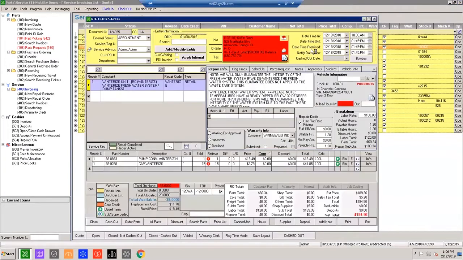It's a $194 estimate here. It looks like a winterized job. We've got some parts on here, our cause, complaint, correction. Basically, we're quoting the customer this, and we want to go ahead and get him scheduled to bring his unit in. To do that,